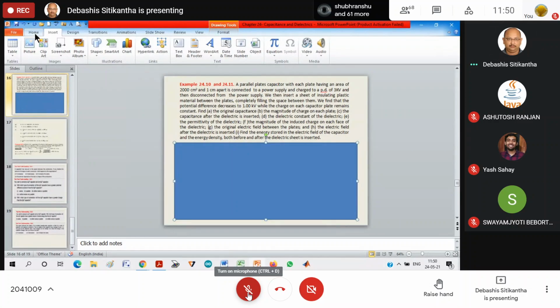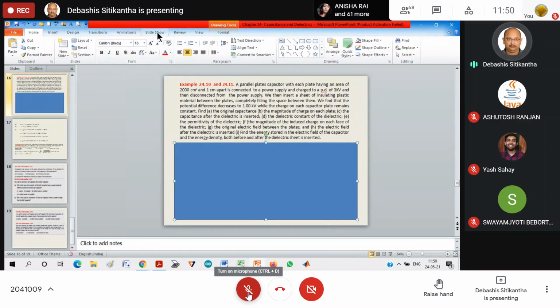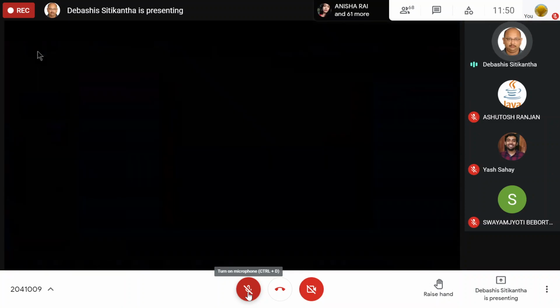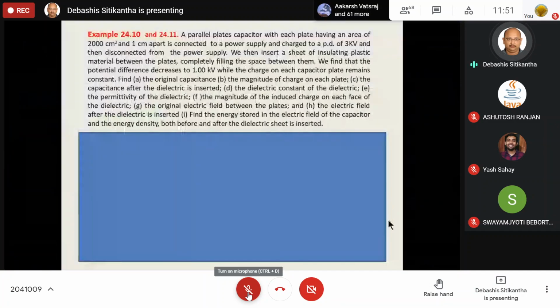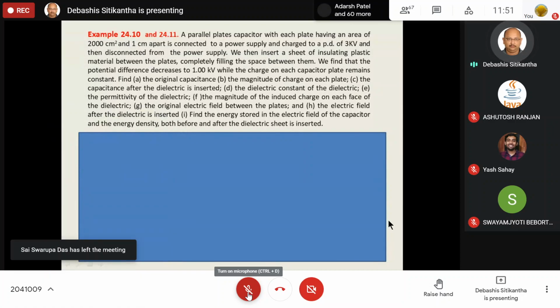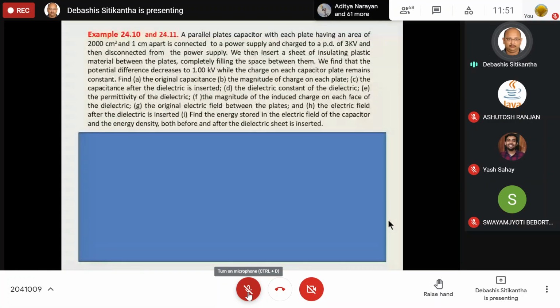Right now, first go through this problem. If you want, you can write it down. I'll give you some time. It is 11:51. I can give you around 5 to 6 minutes to solve the problem. This is a very easy problem, a put-the-formula, get-the-answer type problem. Each and everybody, please give it a try, and I'm sure everybody can solve it with ease. Now write down the problem. I will talk to you after 6 minutes. At 11:57, you have to tell me the answer for each of this. Even though it looks like a very lengthy problem, truly speaking, it is very simple.